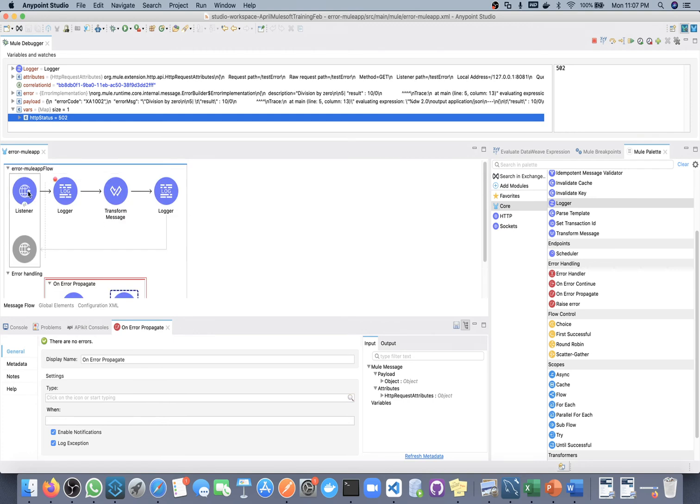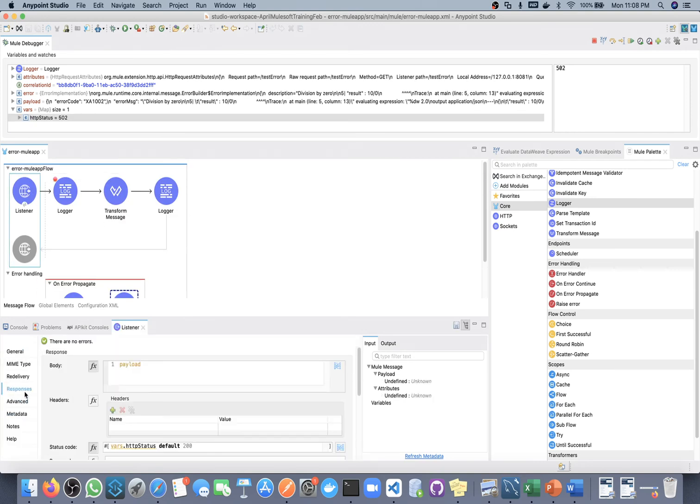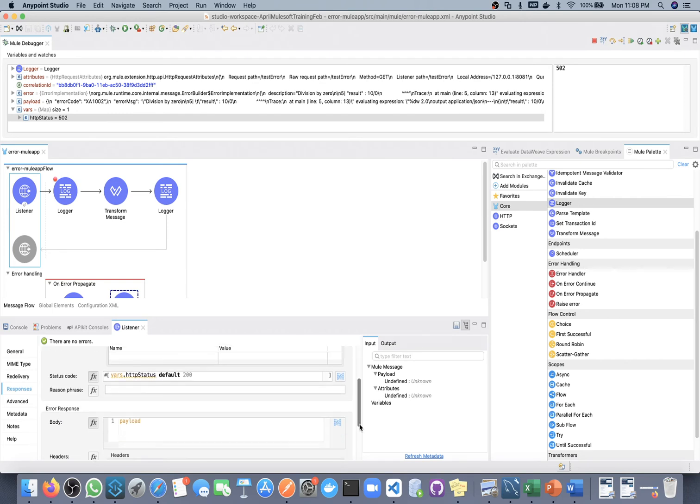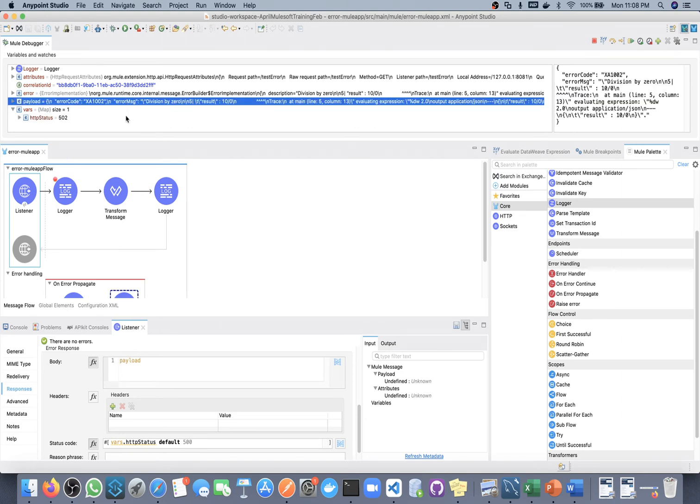Now the HTTP listener will receive that error, so it will send this error response. In the error response we are sending this payload. So what is my payload? As the body we will receive this, and as the status code we will receive this 502.